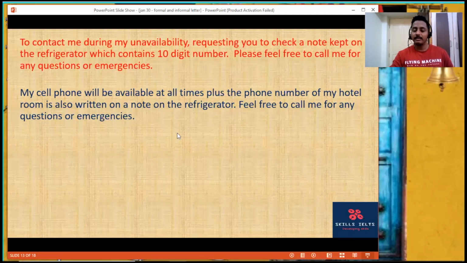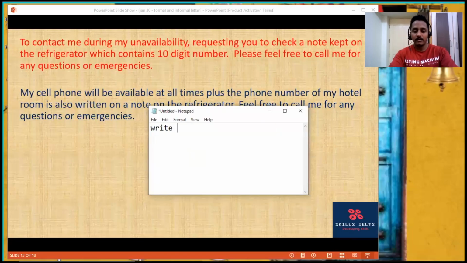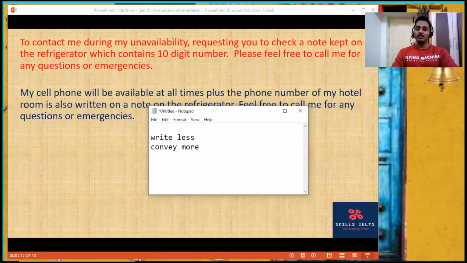And don't write it, it should be a short, succinct way. See, writing skill is all about write less, convey more. Anybody? Fill in the blanks. Writing skill is all about... Correct. Convey more. You should convey as much as you can by writing things because no one has time to read. Correct? But Nakul, if I write less, I will convey only less. That's a skill. You're writing less, but still you're conveying more, conveying the message more clearly.